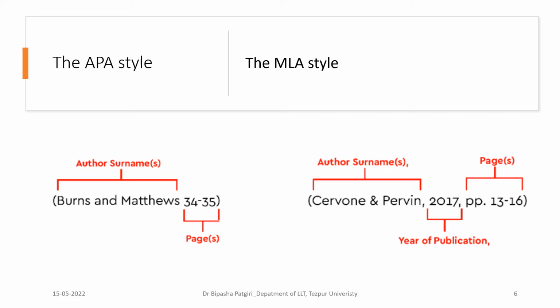Along with the author's name, you should always note the year of publication, like here, and the page number or numbers. So all these three entries should be there in the in-text citation, whether you take a quotation or a definition or data or any other kind of analysis. This particular format is the one which should be practiced in case of academic writing, so that your readers can be promptly directed to that particular work by that particular author to those particular pages.